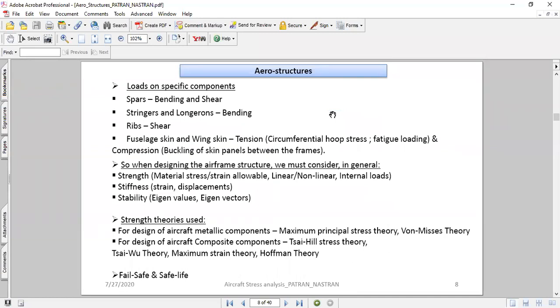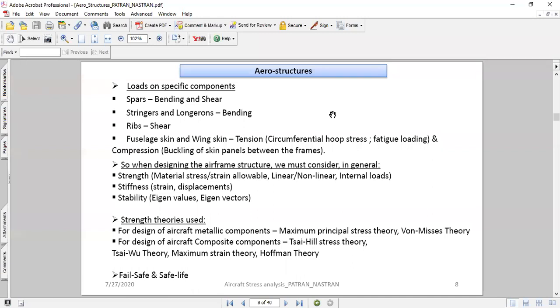So when you look at the specific components, spars, for example, act like a beam. It can bend and shear, whereas stringers and longerons are similar to spars, but they are very thin, and depth-wise they are short members, so they primarily resist bending.